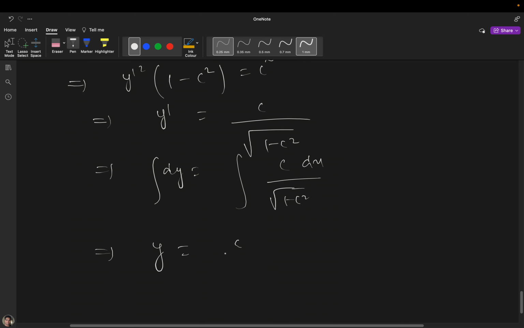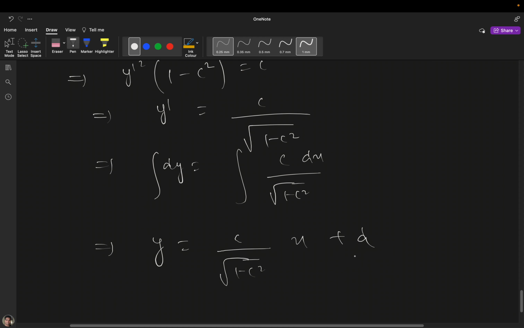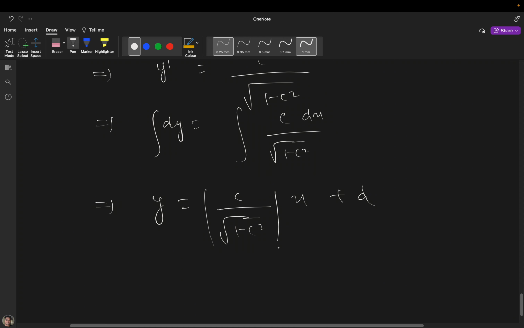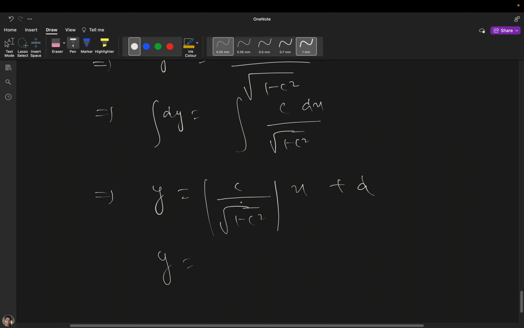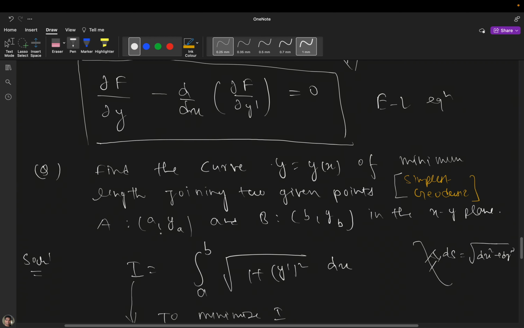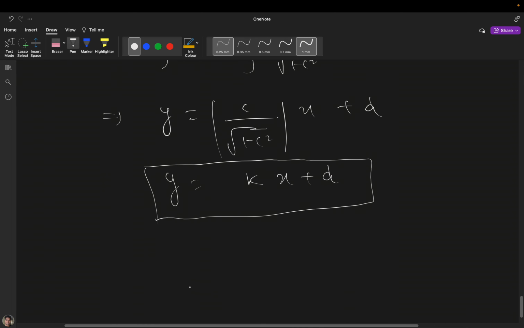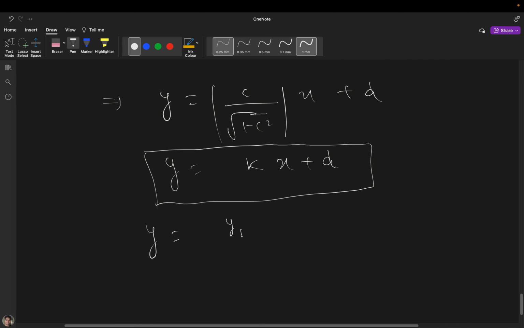So y equal to c divided by square root of 1 minus c square times x plus d. Here you can see that this is nothing but a constant. I can take it as another constant k, so y equals kx plus d. So the solution will be a straight line. Now if the boundary condition is given, then the solution will be y equal to yb minus ya divided by b minus a, times x,